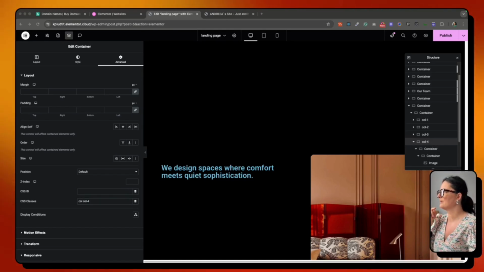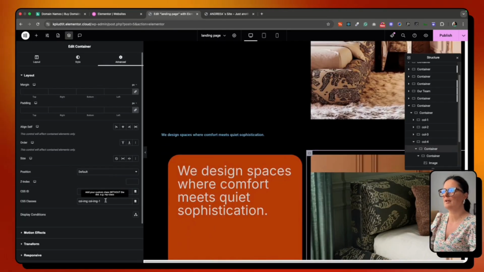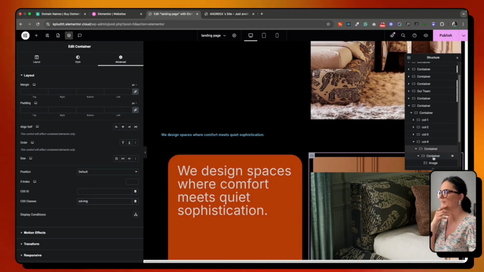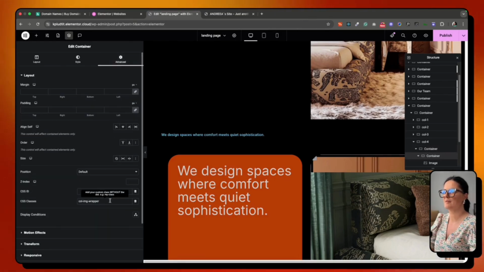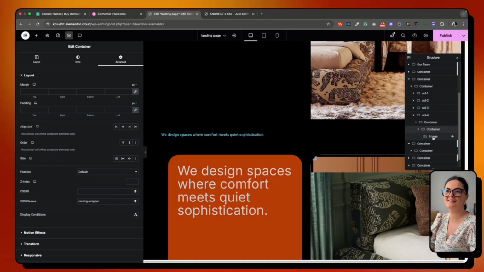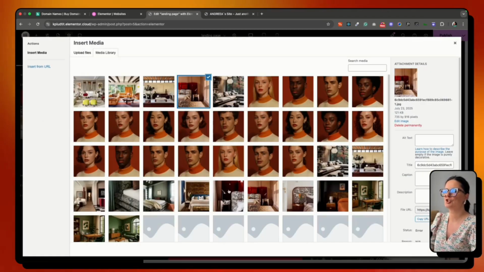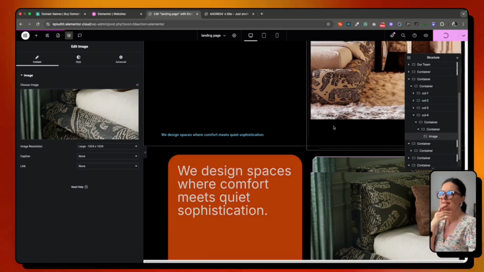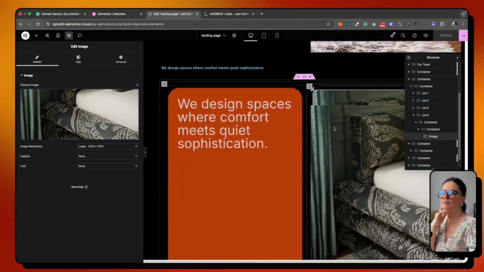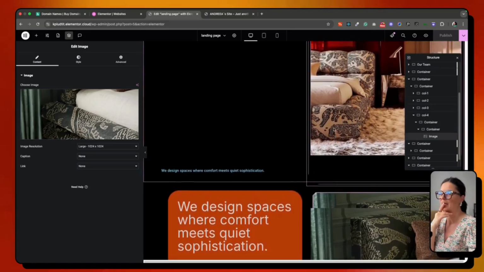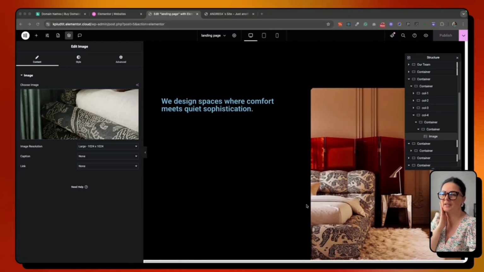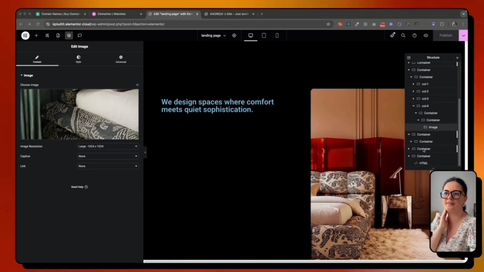Then the next step is the next container, and we're going to add this class on it. I think something is messed up, but let's carry on. Then we have the next container. Let's see if it's the same. I think, yeah, it's the same class. And then we have the image, and let's replace the image so we know what we have going on. I'm going to publish, and I hope we are good. Maybe we're not. I think there's something wrong with classes here, but the next step is to actually add our